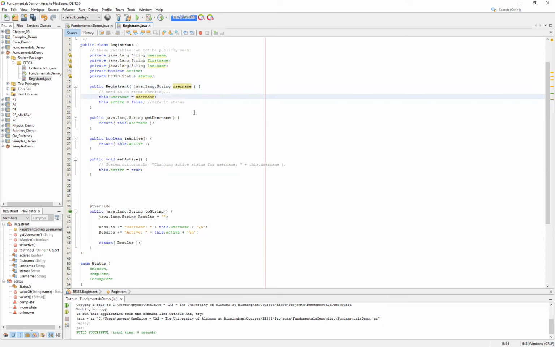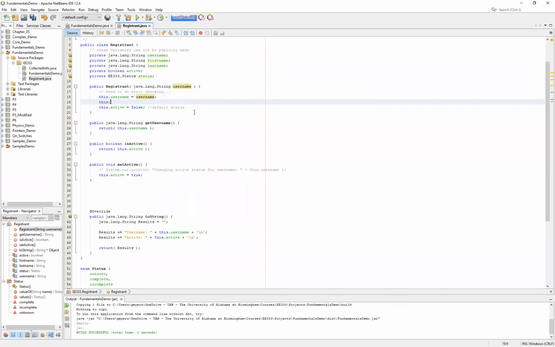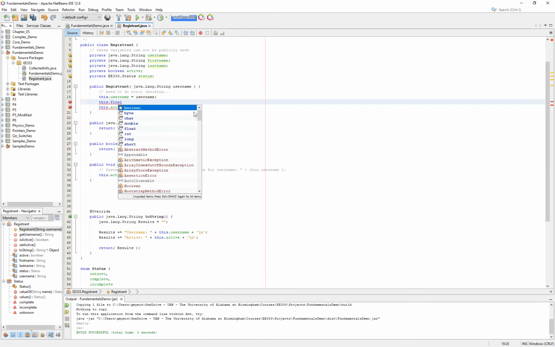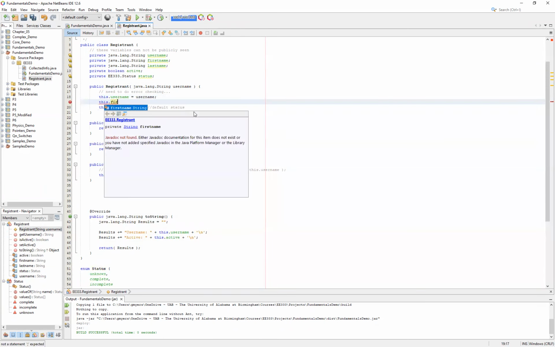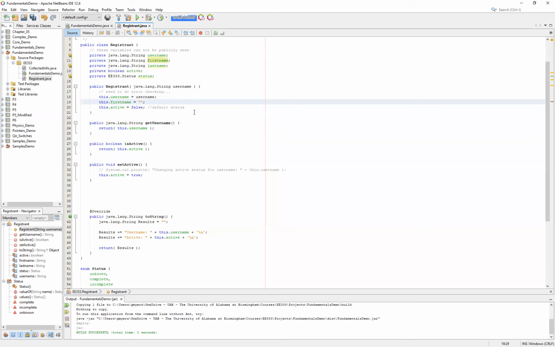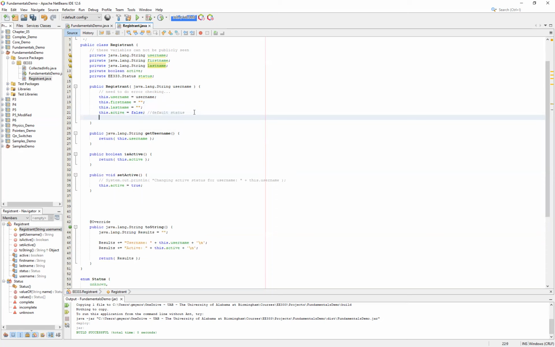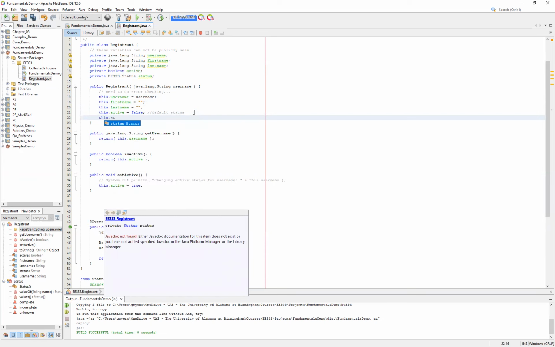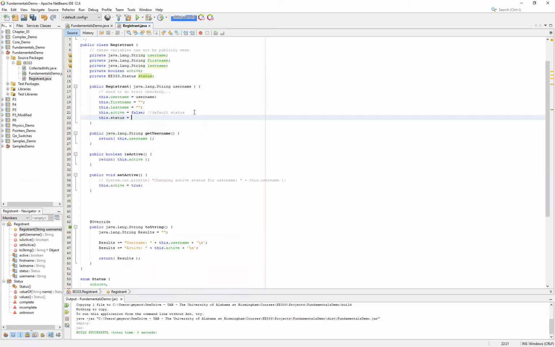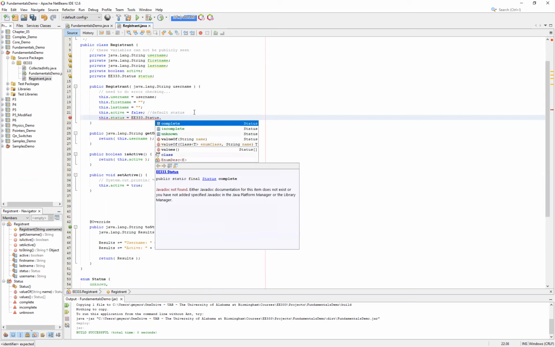We want to do the same thing now with the other local variables we've created. So we'll do this dot first name, and since we were not provided anything for the first name, we simply set that equal to empty double quotes. We do the same with our last name, empty double quotes, and then we also want to do the same thing with our status. And in this case, again, we will leverage our EE333.status, and with an additional dot,